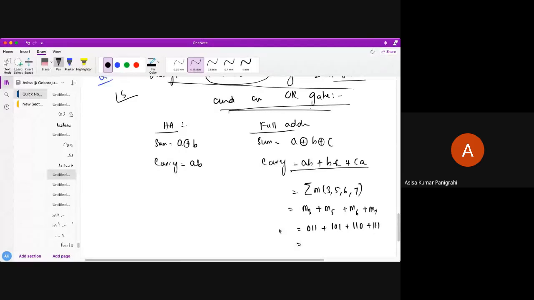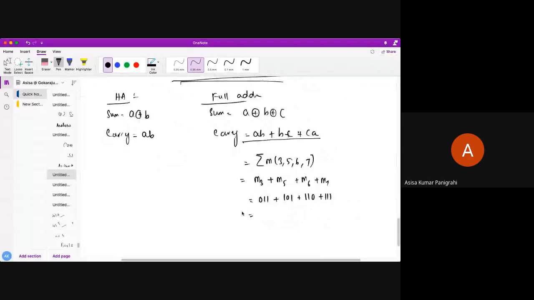Now I can write this down. In a minterm, 1 means uncomplemented and 0 means complemented variable. So I can write A bar B C, A B bar C, A B C bar, and finally A B C. Now I have just taken these two and these two.